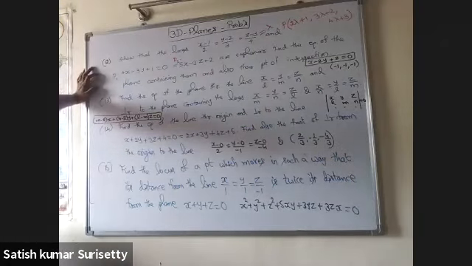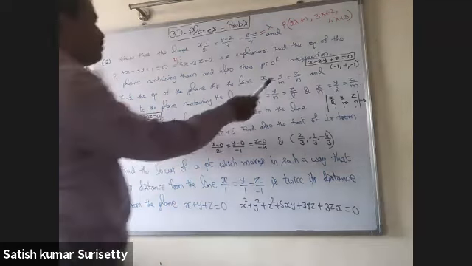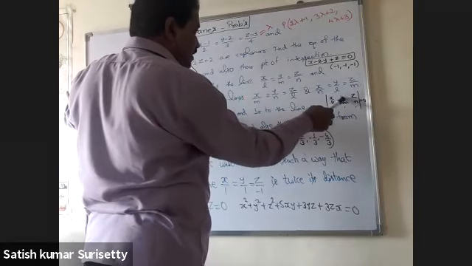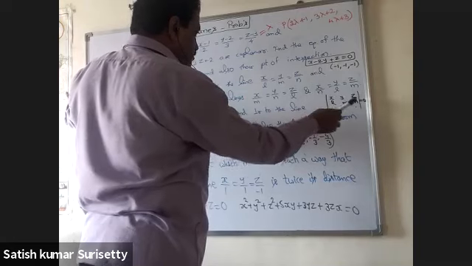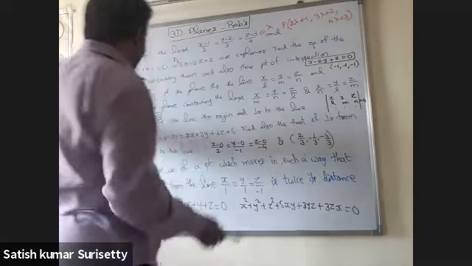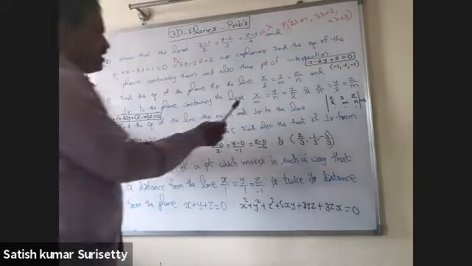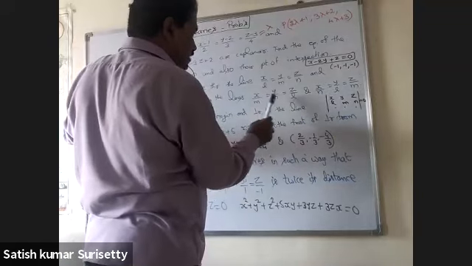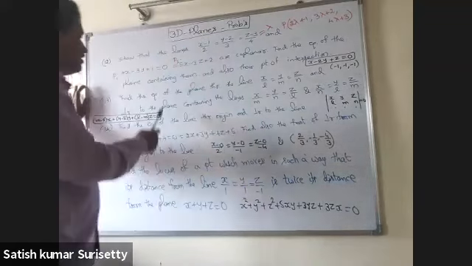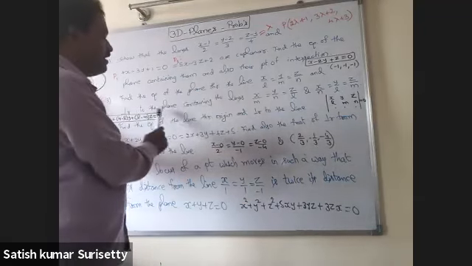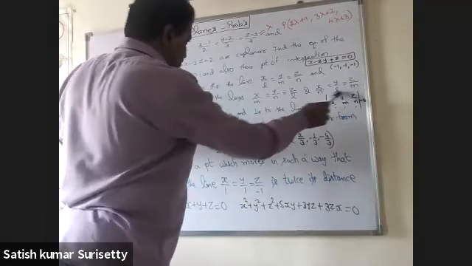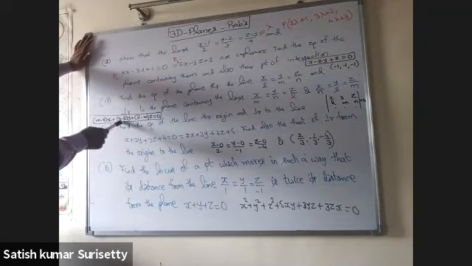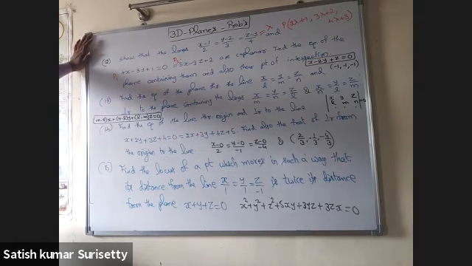The 13th problem: find the equation of the plane through this line. So the equation of the plane through this line you can write in determinant form. First row x, y, z, that is x minus 0, y minus 0, z minus 0. Second row L, M, N. The third row will be the direction ratios of the normal vector, that is, you have to calculate the cross product of the direction ratios, M, N, L, N, L, M, because you need to find the equation of the plane through this line and perpendicular to the plane containing the lines. So the equation of the plane you will obtain as (M minus N) into X plus (N minus L) into Y plus (L minus M) into Z equal to 0.